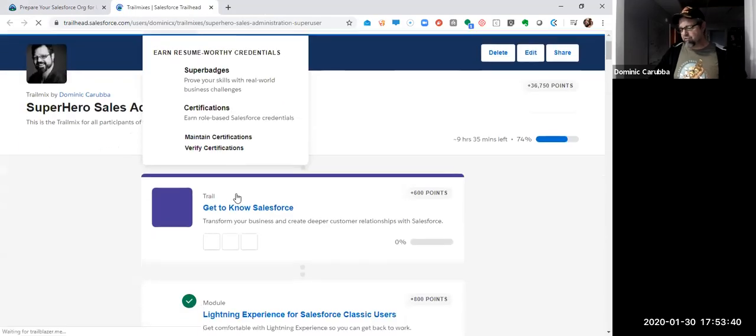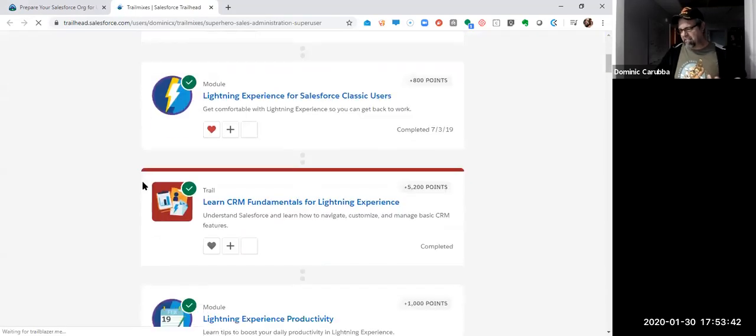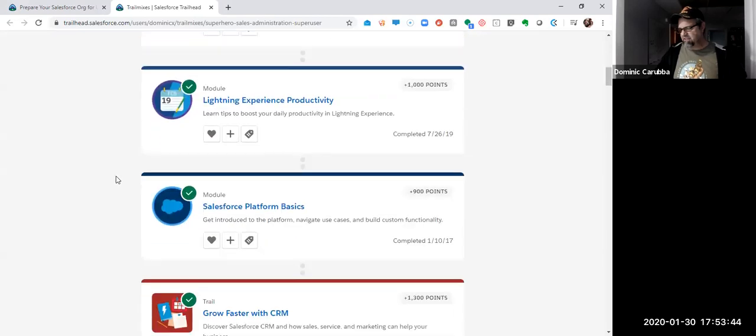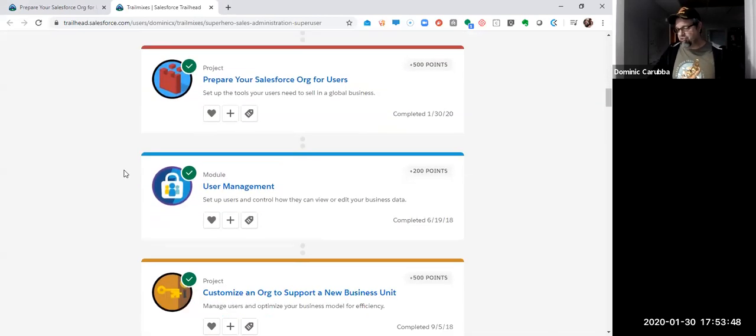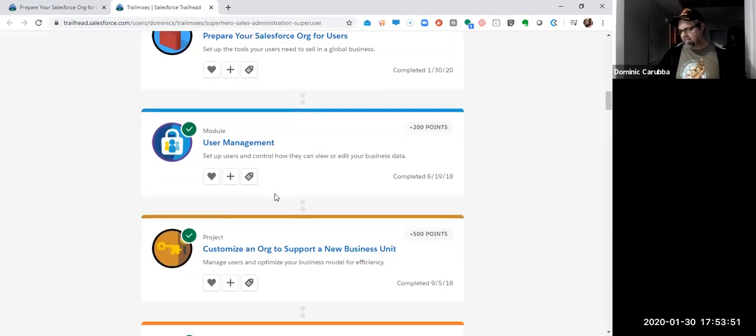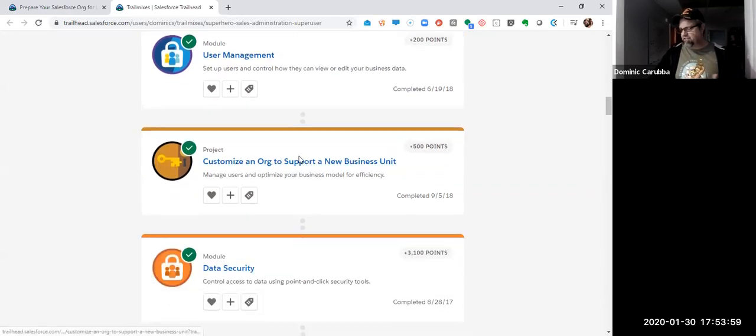And again, you can move through these as fast as you want to. Just hit me up with questions if you got it. So prepare your Salesforce org for users, and then user management. If you haven't done that trail, that'll be your next trail to do. If you want to move forward, customizing an org to support a new business unit, this is where we're going